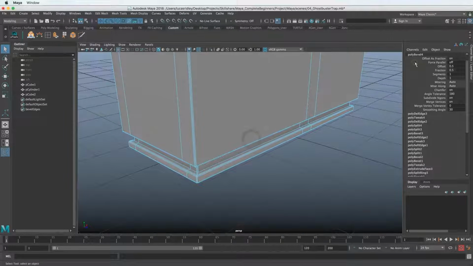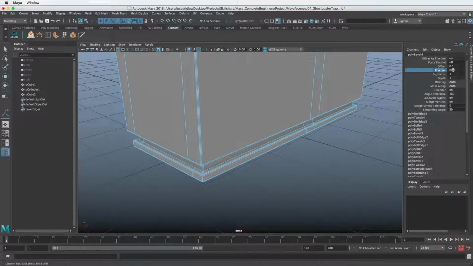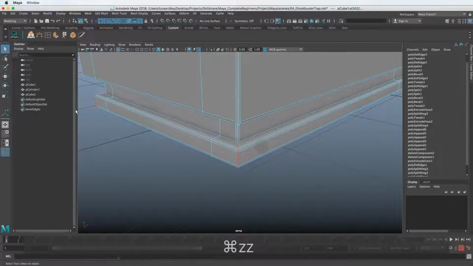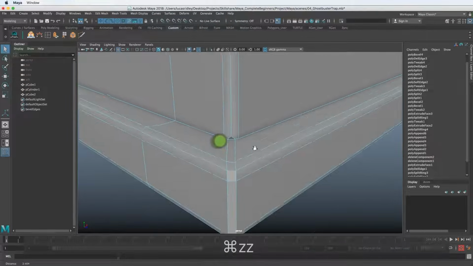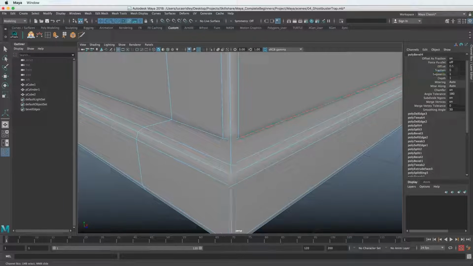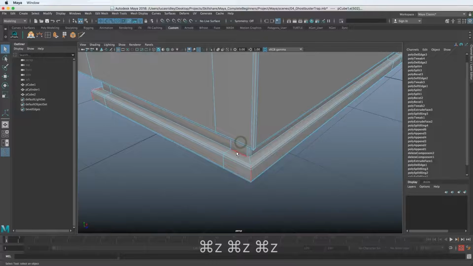And when we pull out the fraction here, we should be able to go a lot further. Oh, no, we're stuck by those. So I think what we have to do here is, because we're still stuck by these interior pieces, we're going to have to deselect this line here. So let's just undo this and control drag that.